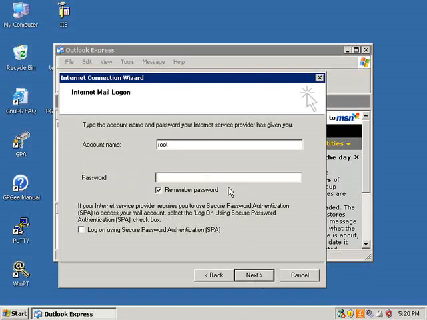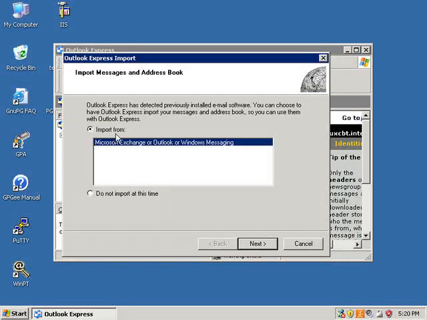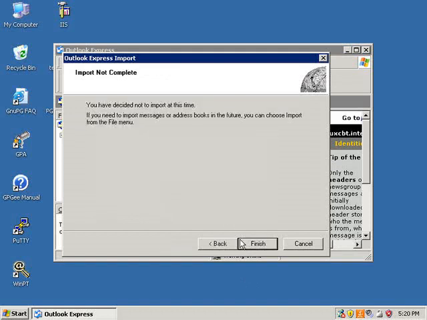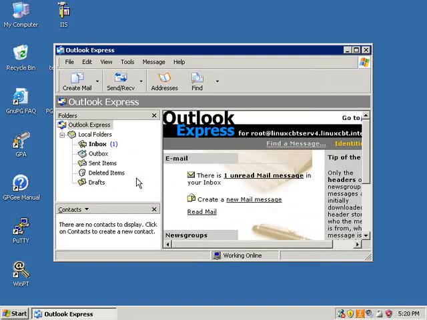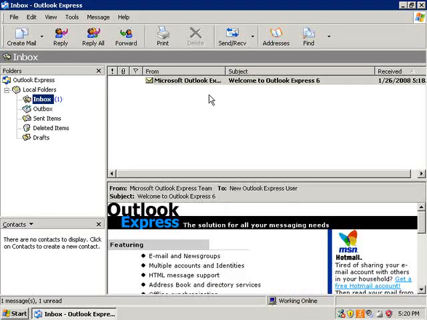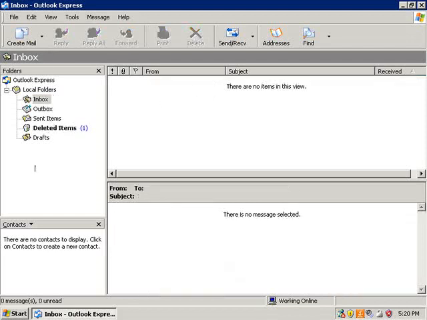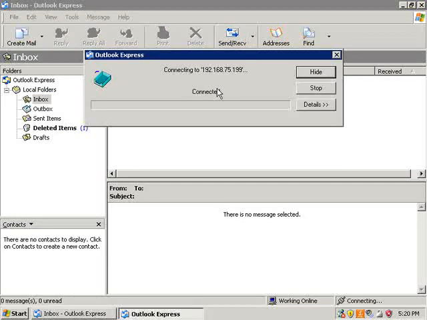We need to indicate a password for root, for connecting to the server, and then attempt to download the messages for the user. We won't import any Outlook settings. We'll just move forward. We had Outlook available from one of our previous demonstrations of OpenPGP when we integrated the software with Outlook. So now we get the default message, and if we press Control-D to delete the message, it's gone to the deleted items folder, and we'll click on Send and Receive to try and download a message